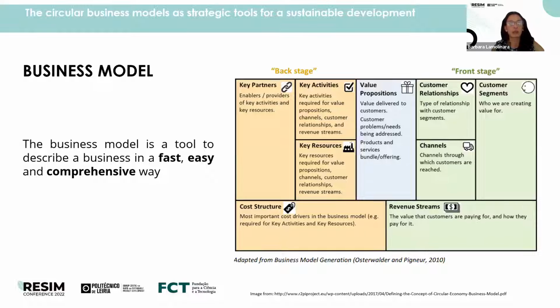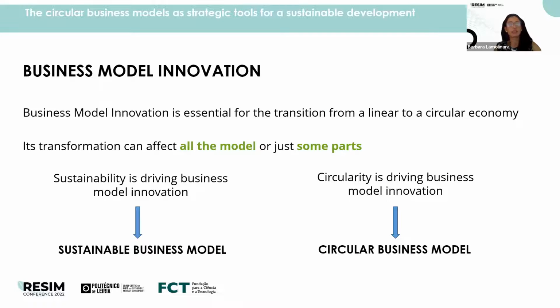And just to have an idea of the background, a business model is a business tool that makes it easy, fast, and comprehensive for all people, even people who are not in the business or social sciences. The idea is to communicate the core of the business with a business model or a business model canvas like in this picture. So this is a little bit the framework of this research,